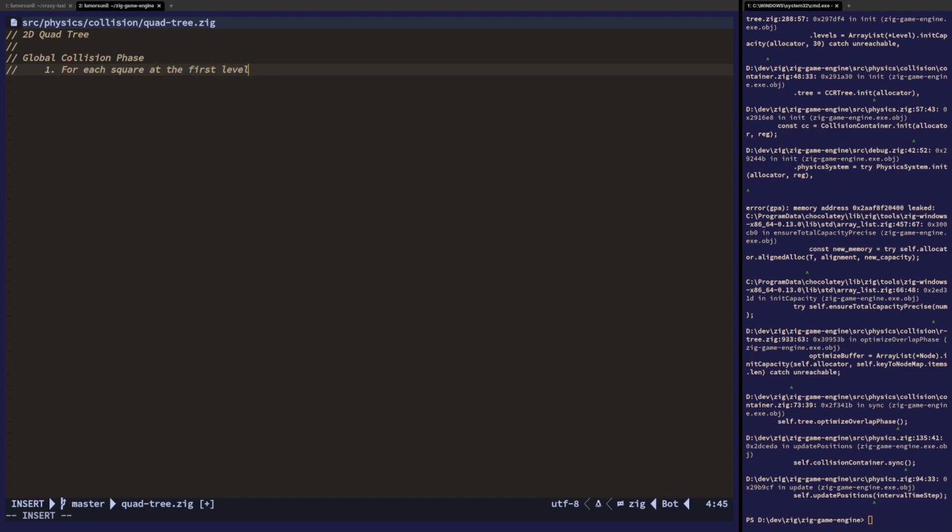So this is going to be the largest squares. I'm thinking the quad tree is going to be dividing the plane in big squares at first, the largest type of squares. We're gonna have to define what the size of the first square will be. But for each of the largest squares,